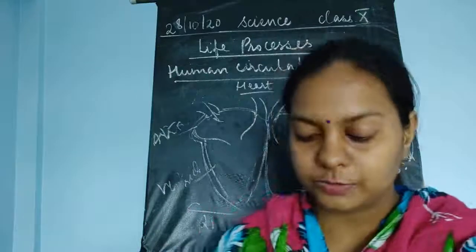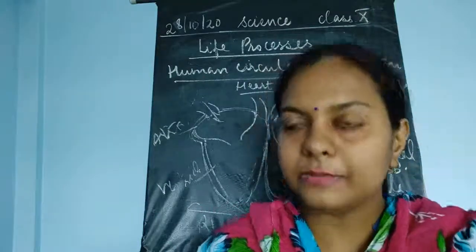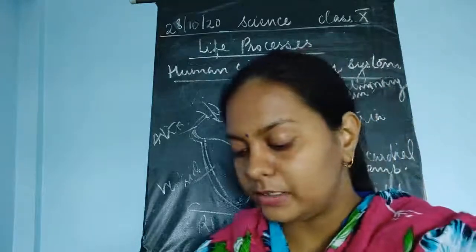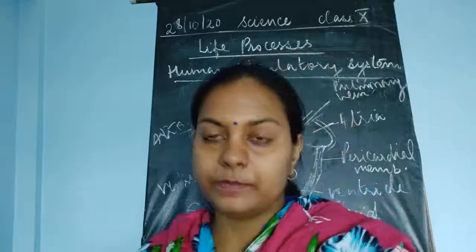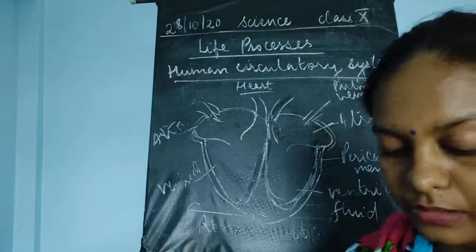That is why it contains pure blood in the heart. But in the rest of the body, it is impure blood, because the same vein is going to flow and take up the bad blood from all the parts of the body. The two ventricles transport the blood to the entire parts of the body.